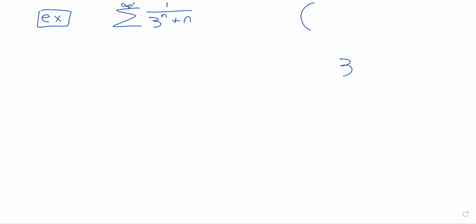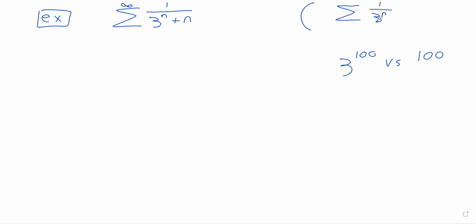Like if you compare 3 to the 100th power versus 100, that 100 might as well not be there. So this looks a lot, by that logic, like 1 over 3 to the n,